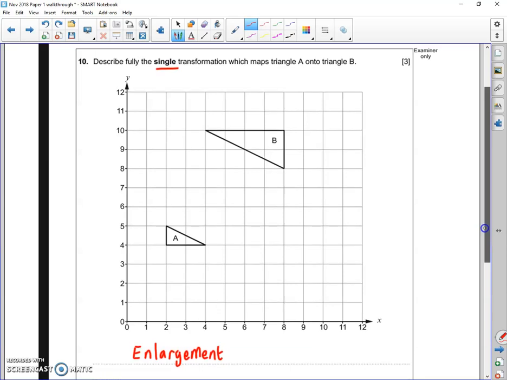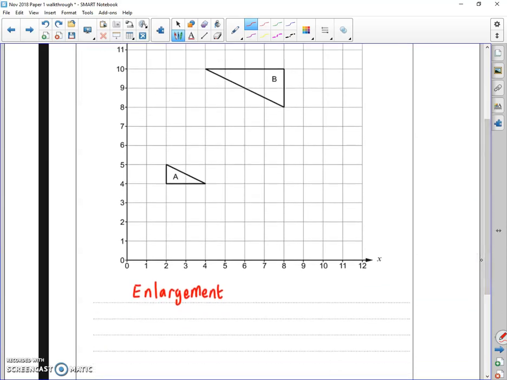Now we go from A to B. The shape got bigger. Okay. The original triangle was 2 squares wide, and the new one is 4 squares wide. It's twice as big. So if we start by saying that our scale factor is 2,